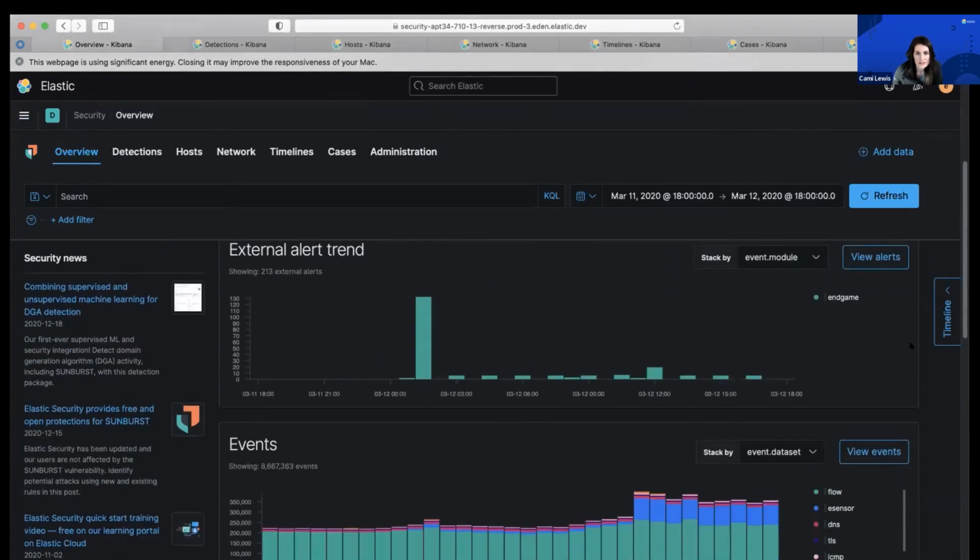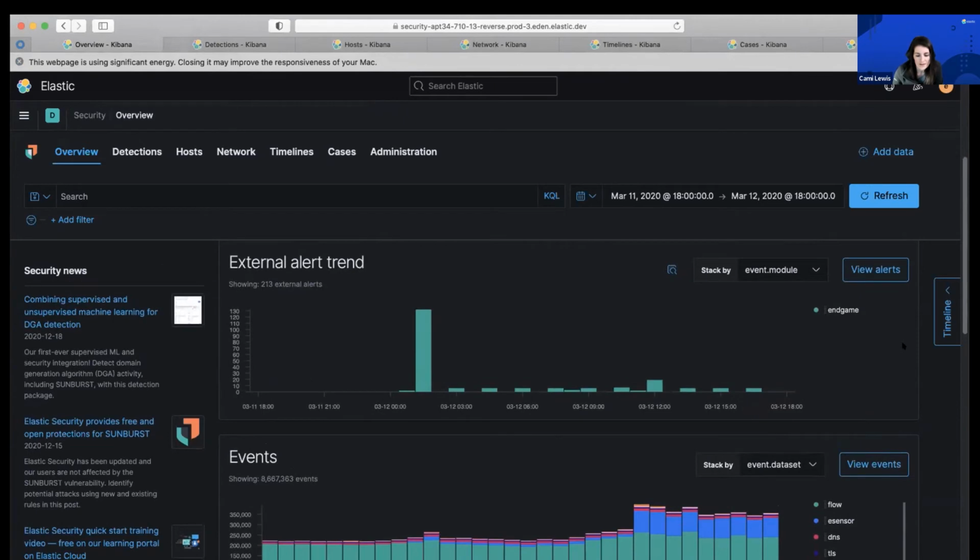External alert trend. This is if you're bringing in logs from outside sources, such as security vendors, things like IDS and IPS, intrusion detection, intrusion prevention, other endpoint solutions, Suricata logs, Zeek logs, various other outside data sources would show up here in this